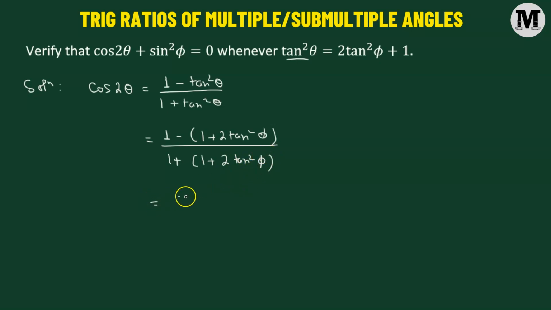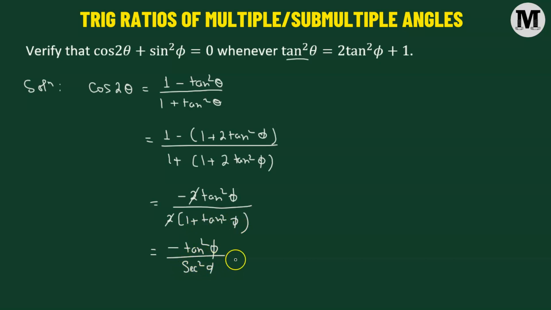Now, in the numerator, we'll be left with negative 2 times tangent squared phi. And in the denominator, we have 2 multiplied by 1 plus tangent squared phi. So this 2 and 2 get cancelled out. Now we have negative tangent squared phi divided by 1 plus tangent squared phi, which by an identity is secant squared phi. Well, we now have cosine of 2 theta equals negative of tangent squared phi divided